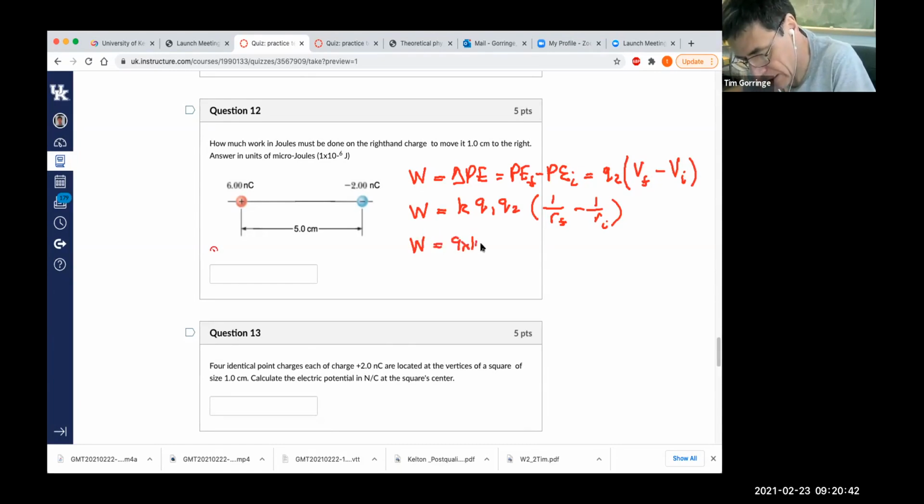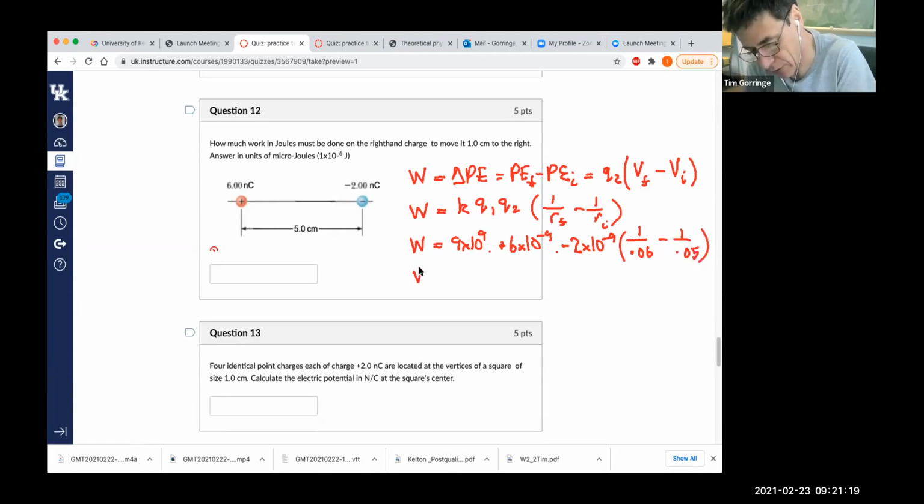9 times 10 to the 9. I won't write in the units, save time. Charge number 1 is plus 6 times 10 to the minus 9 coulombs. Charge number 2 is minus 2 times 10 to the minus 9 coulombs. And then we've got 1 over the final position, so that's 6 centimeters or 0.06, minus 1 over the initial position, that's 5 centimeters or 0.05. And if you do this calculation, this comes out to be